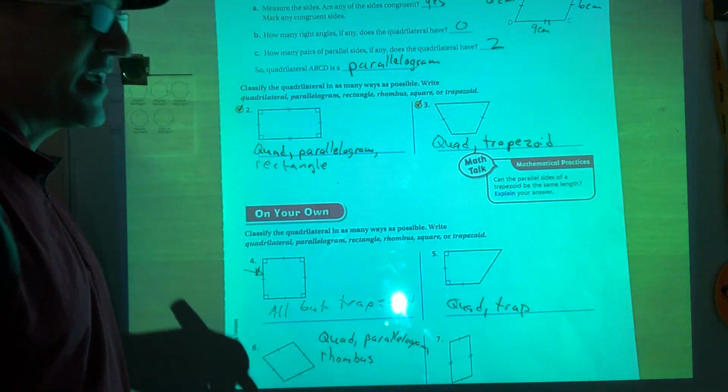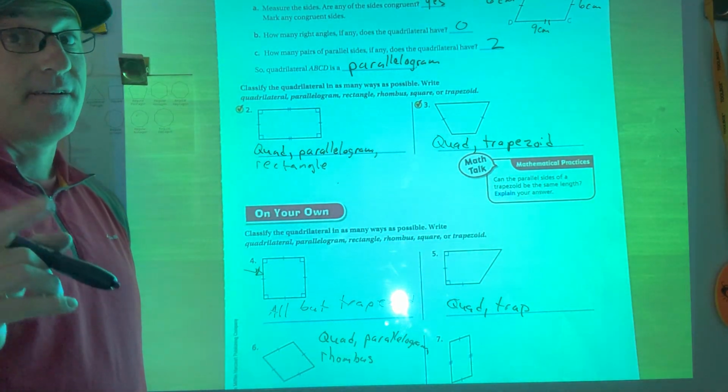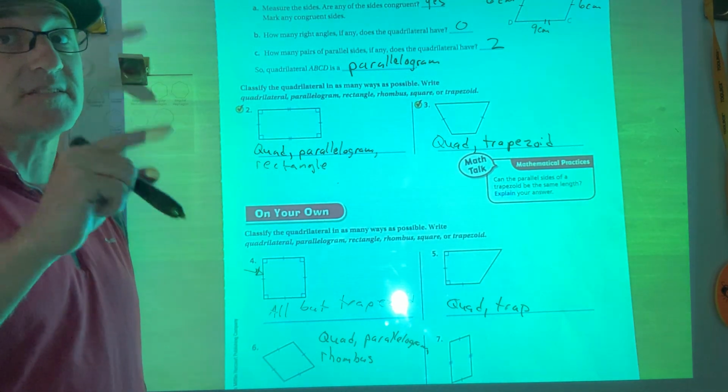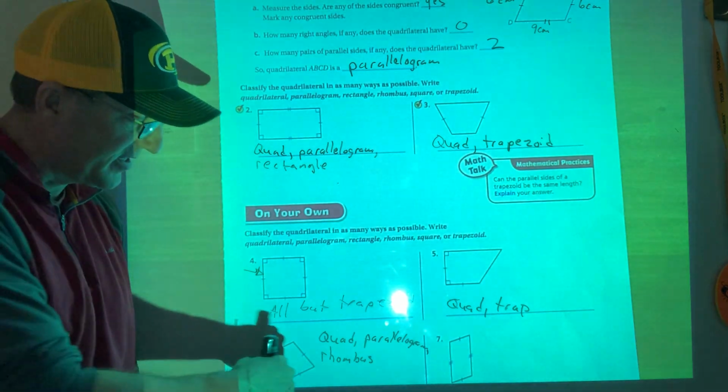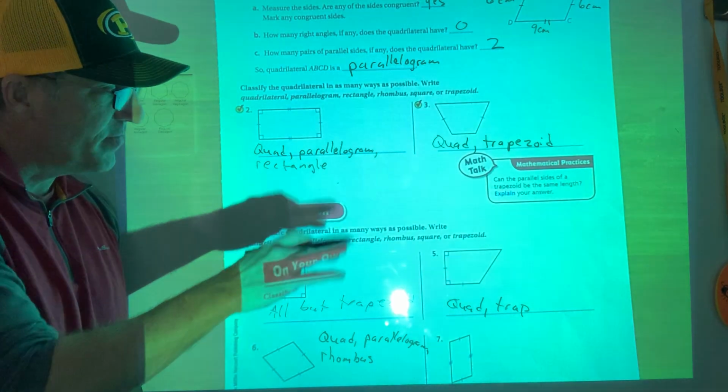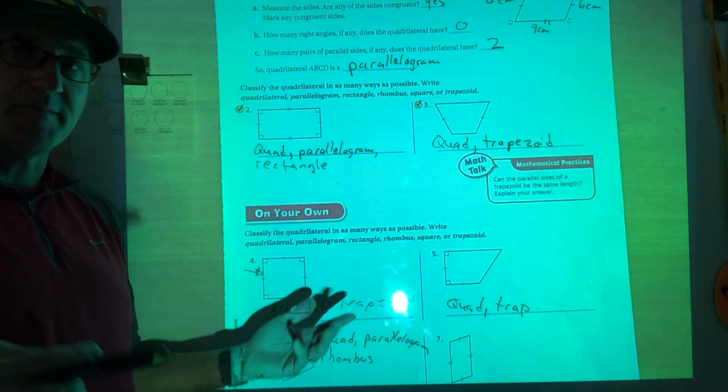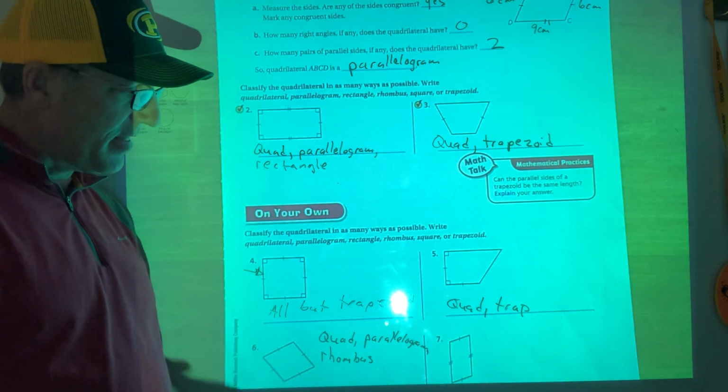Now it's a rhombus. Does that make it a square? No, a square is a rhombus, but a rhombus isn't always a square, right? Like on the last page, because there's no right angles. So boom, that's out. And is it a trapezoid? Well, if it's a parallelogram, it's definitely not a trapezoid, right? All right. And the last one,